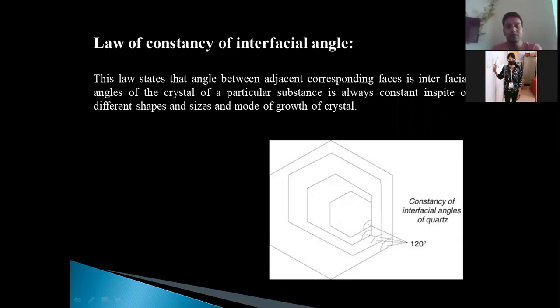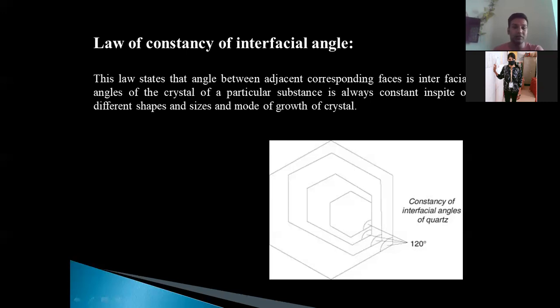So first we have to understand what the interfacial angle is. Interfacial angle is the angle between two adjacent faces. Here you can see in the figure that the 120-degree angle is between the two interfacial faces which are adjacent to each other. If you observe carefully, you can see that the angle between the two adjacent interfacial faces is constant,